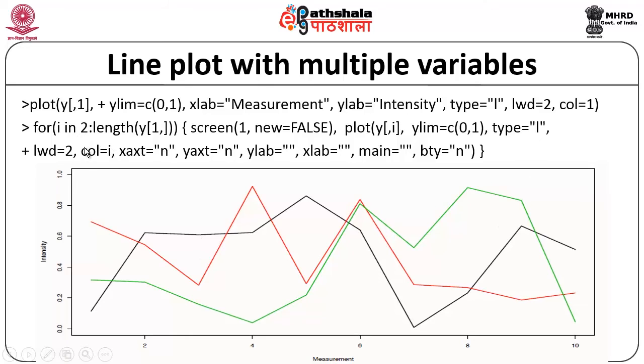As I already mentioned, the color value can be a text label or it can be an integer. Here the integer value is based on the index value i. So, for each and every iteration the color value will be set to a new color value, and accordingly a new plot, as shown in this figure or chart, will be rendered by the R tool. So, here you can find multiple plots in the same diagram or in the same chart. Now, this kind of chart is very essential when we are trying to analyze more than 2 variables for the purpose of data analysis or visualization.